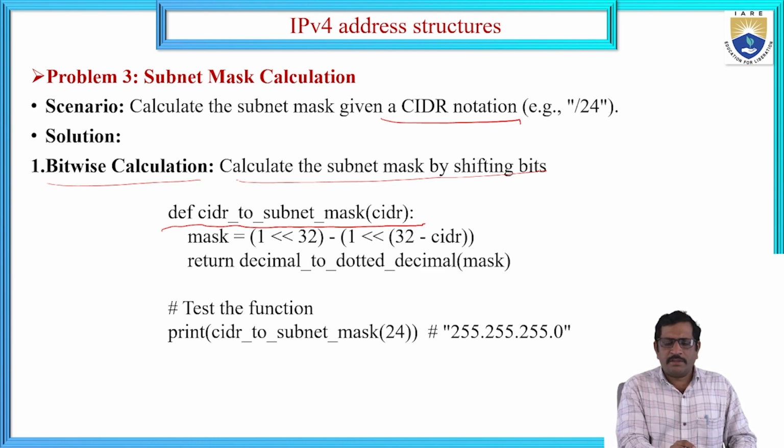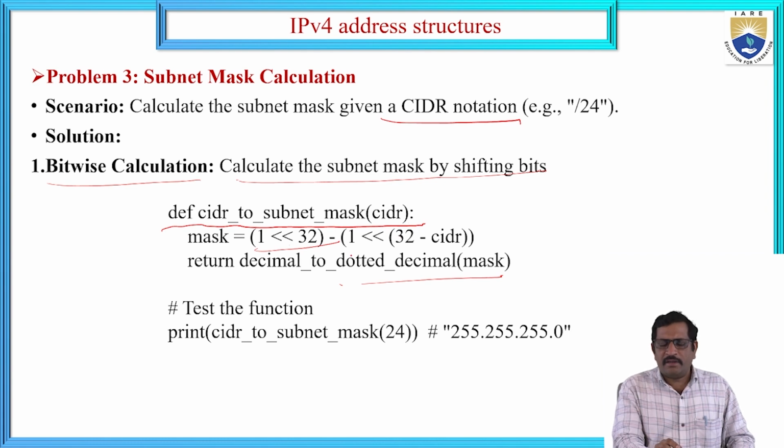Here is the mask. Now we are assigning 1 less than or equal to the CIDR, less than or equal to 32. That means the bitwise calculation whatever we are doing, which is returning the decimal to dotted decimal mask value. Here it is 1 << 32, 1 << 32